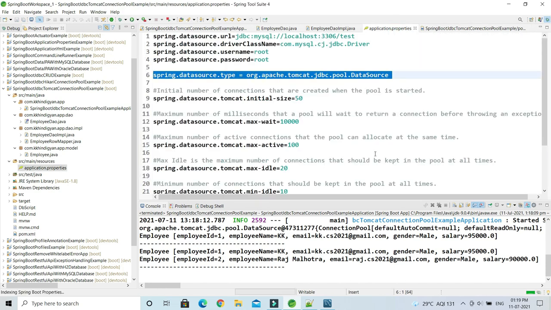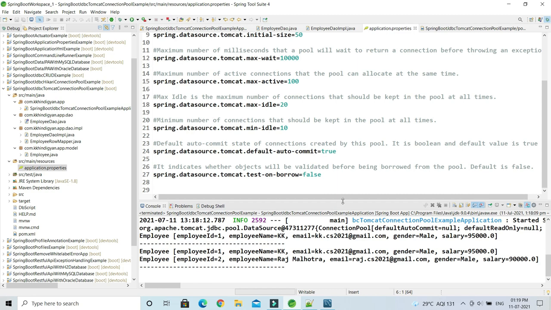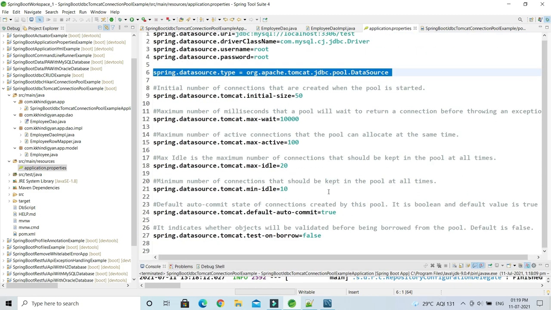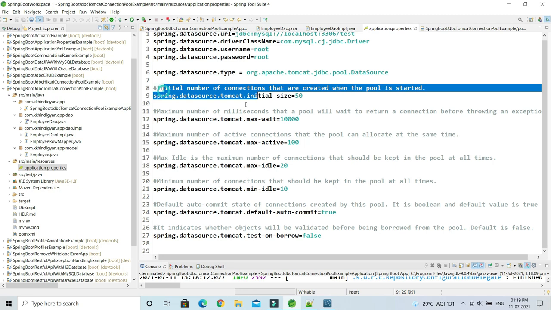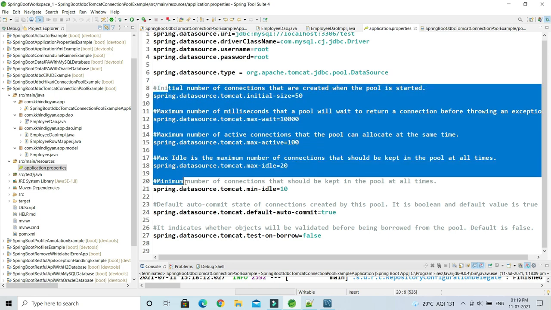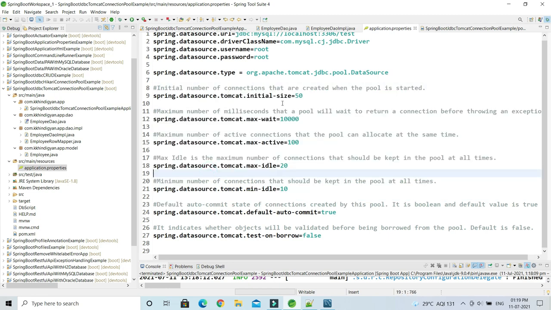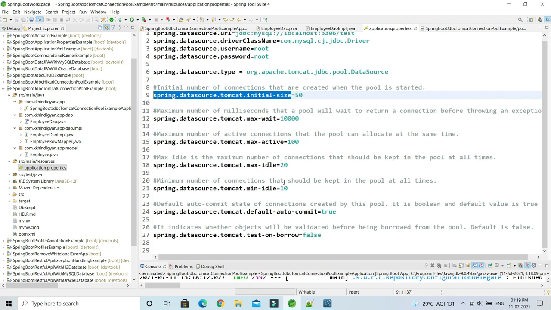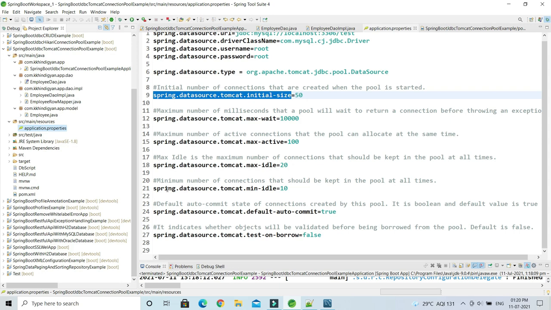These are the properties we already discussed in the slide, and I have given them over here with a little comment, so that once you get this source code, understanding the properties will be easier. If you want more properties configured in application properties, you can visit the Tomcat website, where you will get all of them.